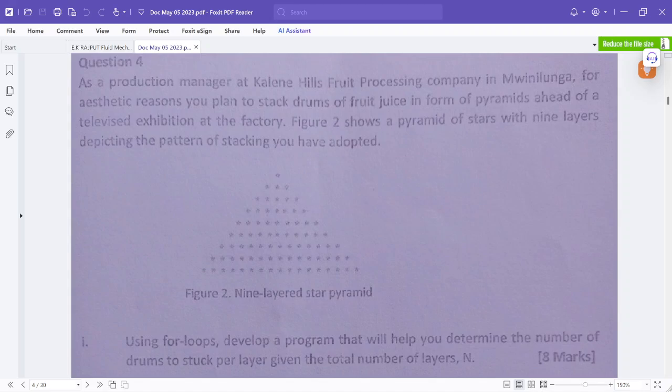In this question, we're being asked to develop a program that uses for loops, and that program is supposed to help us determine the number of drums to stack per layer given the total number of layers n. And they have given us an example of a pyramid of how these drums are supposed to be stacked in figure 2,